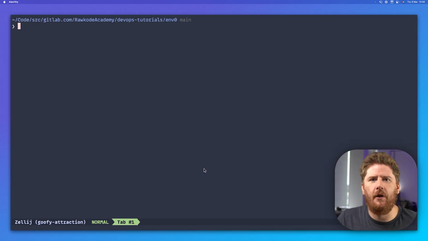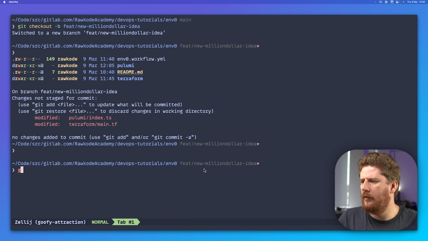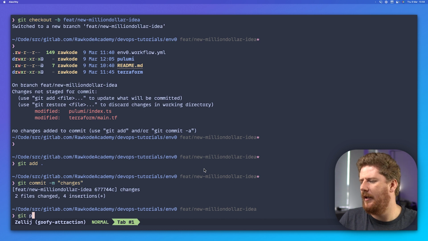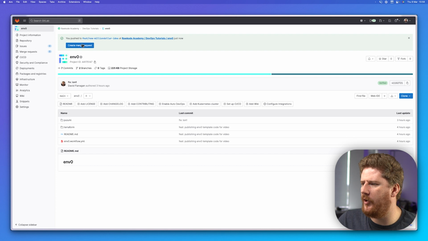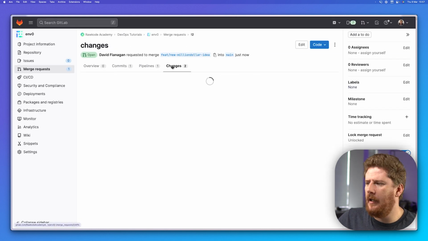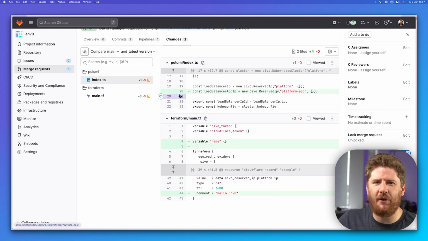So let's be a good citizen within our organization and create a branch. New million dollar idea. We can do git add, be the worst developer in the world, and commit changes. And we'll do a git push. So let's pop over to GitLab and open the merge request. And create. If we click on changes, we'll see the modifications that we made